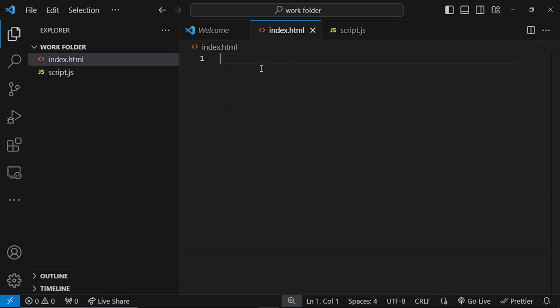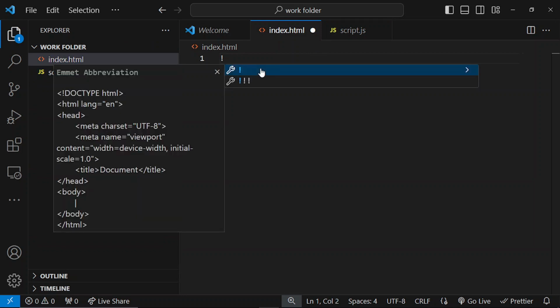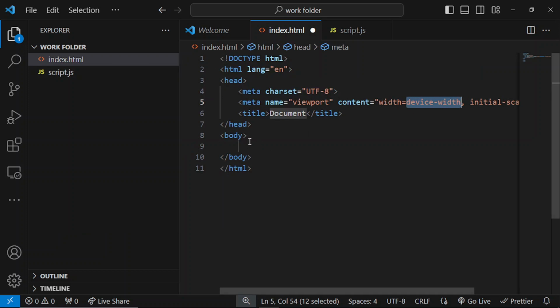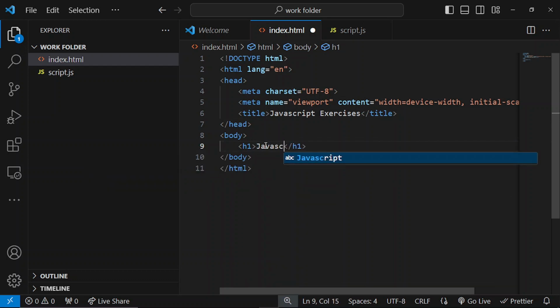Here I'll be using the Emmet abbreviation of Visual Studio Code. You just have to type this symbol, and then you can select this option. The first option will give you the complete HTML code here. Now let's name it JavaScript exercises. Now here what I will do is I'll simply add a heading